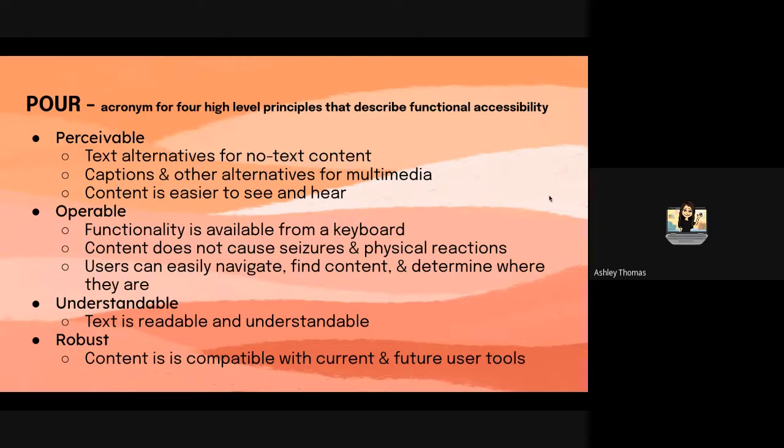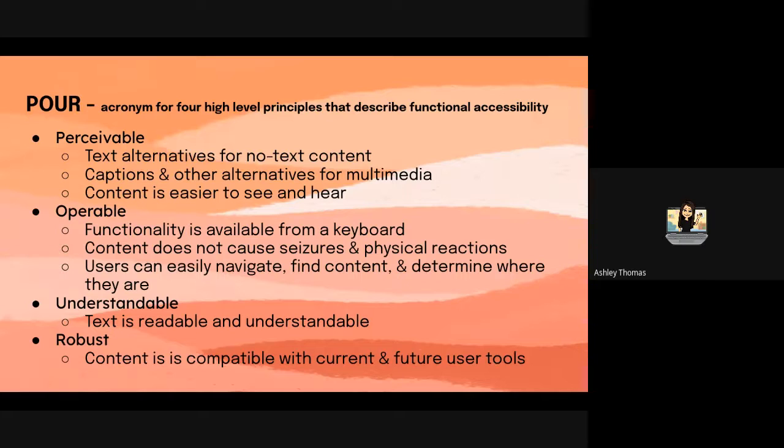And here on this Google slide, I have just some of the ways under each principle that it's important to make sure you do these certain things to make sure that your stuff is accessible. And we're going to go through some further slides and expand on these things a little bit